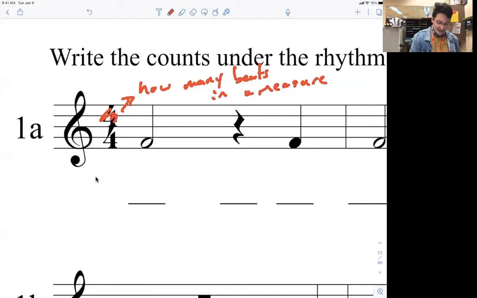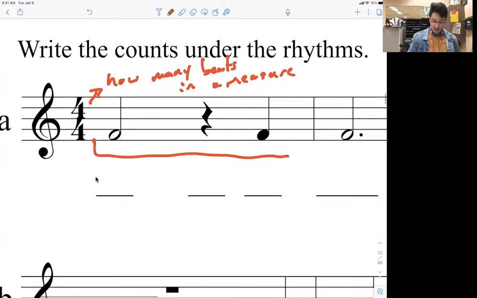The trick for that is you replace the top number with a 1. That gives you a fraction. 1/4 is also called a quarter. So that would mean that the quarter note gets the beat. Whenever we have that number on top, that tells us what number we are going to count to in each measure. So if we have 4 right there, at some point in this measure, we're going to have 1,